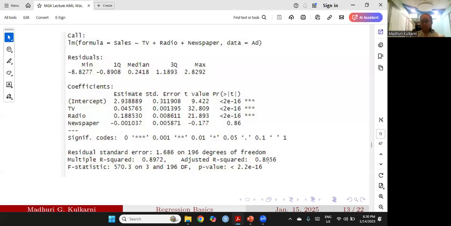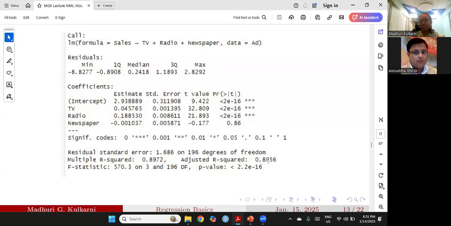But a model such as this is a good enough model, and it will be able to give decent predictions based on the data. So here I would stop the discussion about the regression model, because I want to now spend more time on discussing the case studies.